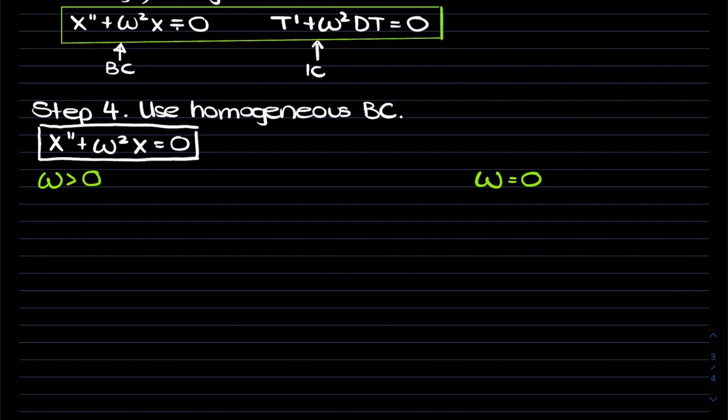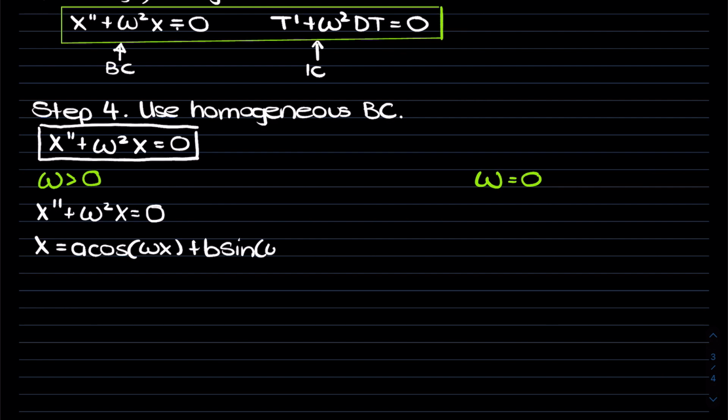So this is the prerequisite knowledge. We should know how to solve our ordinary differential equations, especially these linear second order ones. So X double prime plus lambda squared X equals 0. That has a solution in the form of this: X equals a cosine lambda x plus b sine lambda x. And that is where a and b are constants. You should write that, but I'm not going to write that